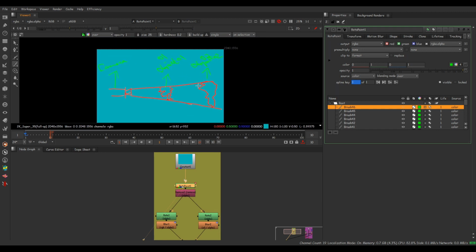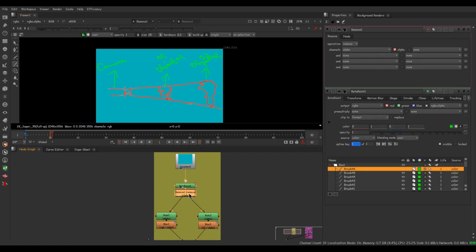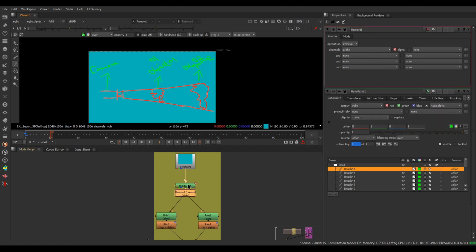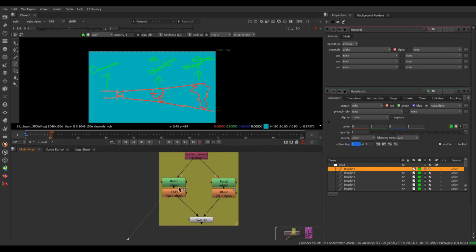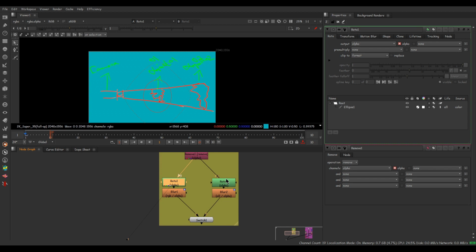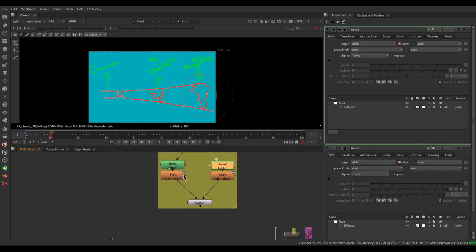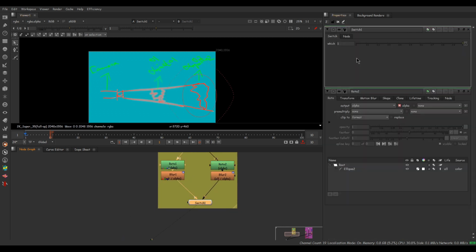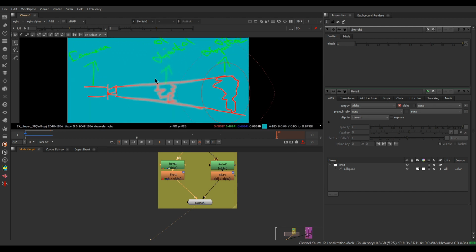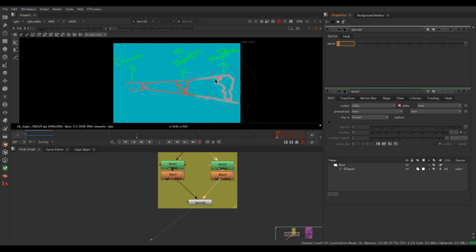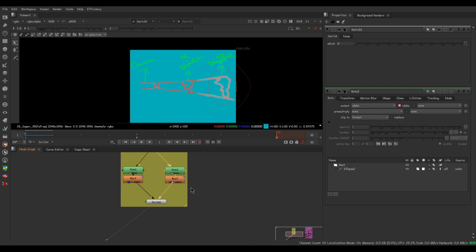Now come back to here. I have used a remove node to remove the alpha. See this alpha? I'm going to remove this. Let's proceed. Here I have two roto nodes, in which each roto node covers each object in the scene. To that I connected two blur nodes and switched them to get a control. Let's keep this in and out. So here you can see one object is blurred, or in other words defocused, and the other object is focused. If you alter the switch, you can see the focus is shifting to the other object. So this is a simple explanation for rack focus, and if you are not understanding, let's move to the other example.